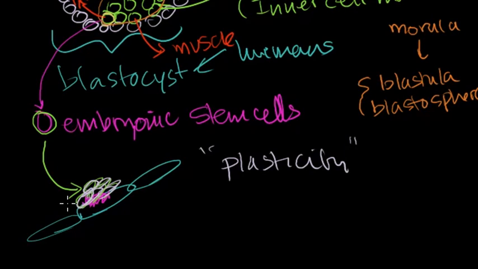So it's a huge, exciting area of research, and you could even, in theory, grow new organs. If someone needs a kidney transplant or a heart transplant, maybe in the future we could take a colony of these embryonic stem cells. Maybe we can put them in some type of other creature, or who knows what. And we can turn it into a replacement heart or a replacement kidney. So there's a huge amount of excitement about what these can do. I mean, they could cure a lot of formerly incurable diseases, or provide hope for a lot of patients who